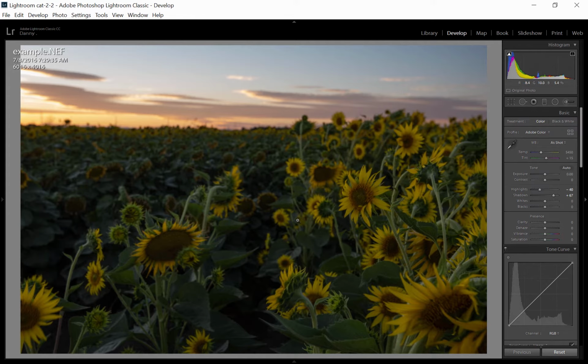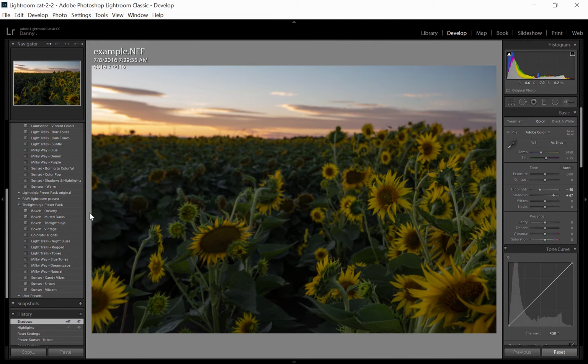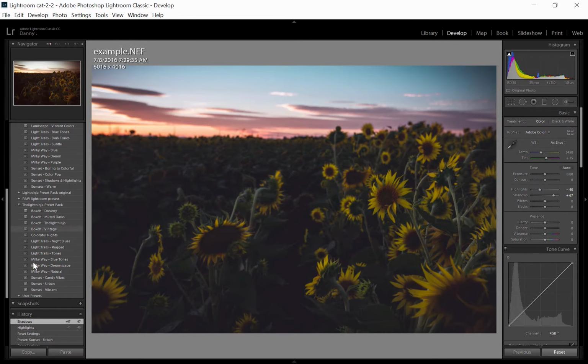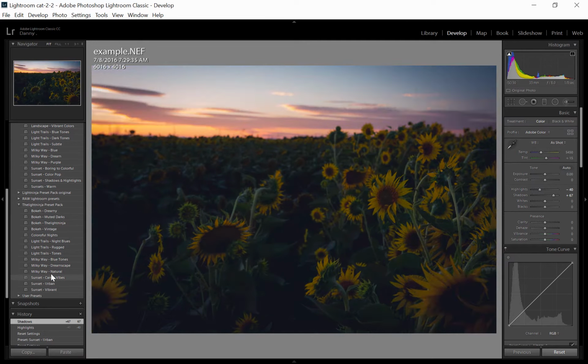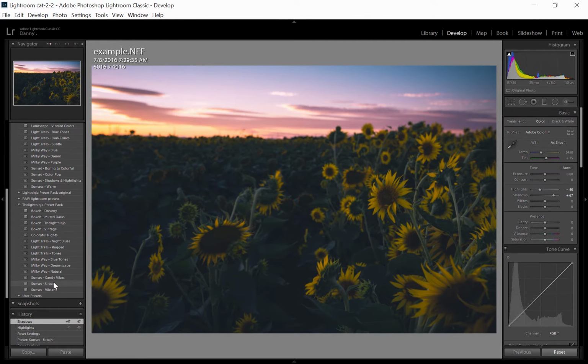But that just is not how it works. How Lightroom works is, once you apply a preset, so let's go down to my preset pack, and you find one that looks pretty good, and this is after doing the primary exposure edits. This looks good, so you apply that, and then what happens is it reverts basically any setting that was in